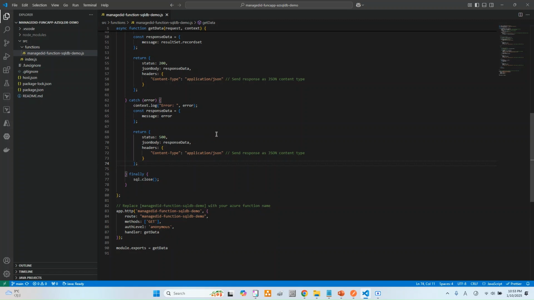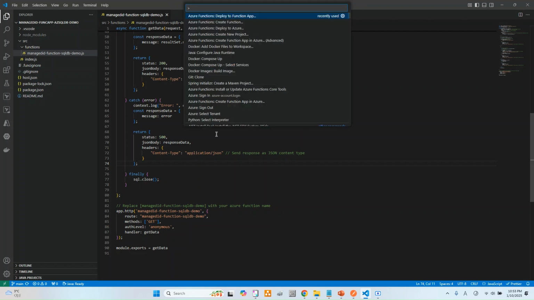Now let's deploy this function to the Azure function app that we have created through the Azure portal. For this, open the command palette using the F1 key. Here you can type Azure function and it will display these Azure functions deploy. So here select this Azure functions deploy to function app,